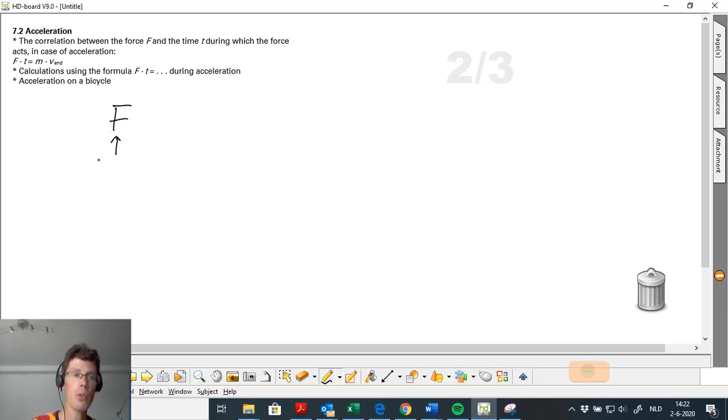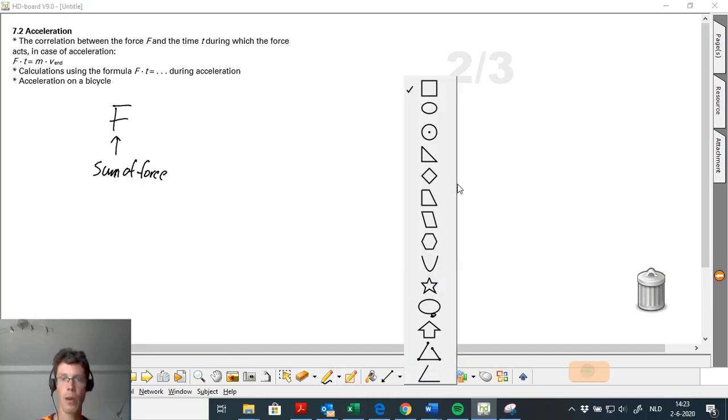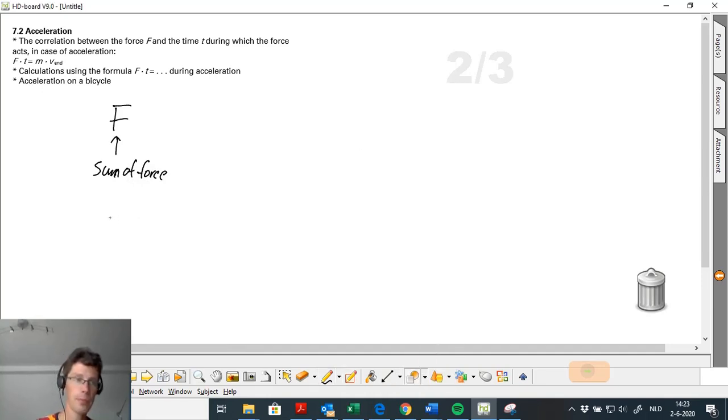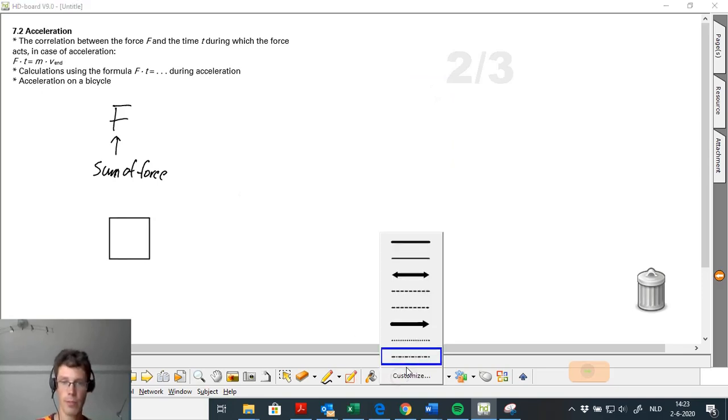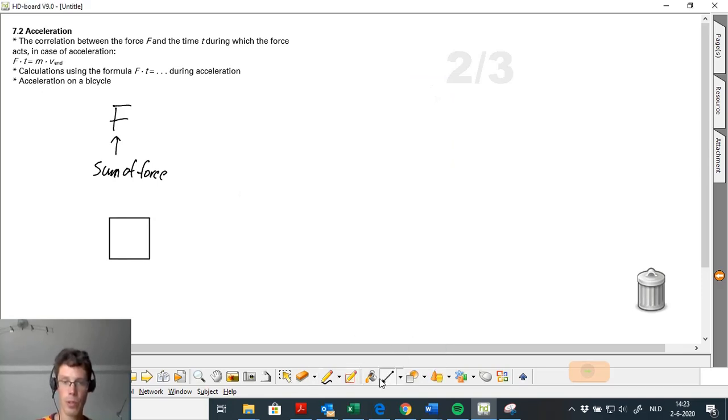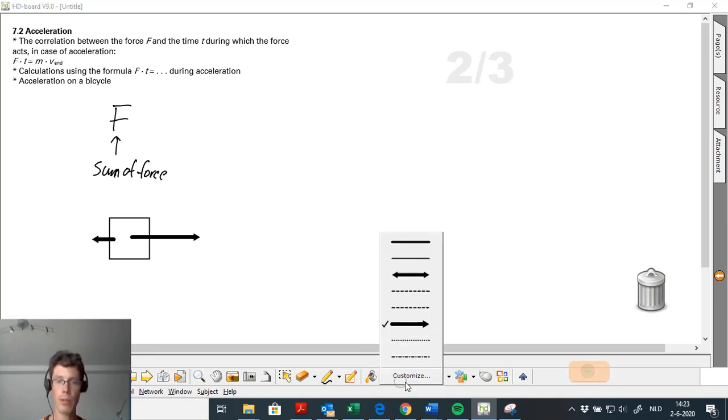This is the force, or actually we would say this is the sum of forces, because if I have more forces working on an object, for example I have a box and I have one person pushing it to the right and one person pushing it to the left, but the force to the left is smaller, then the force that needs to be filled in here